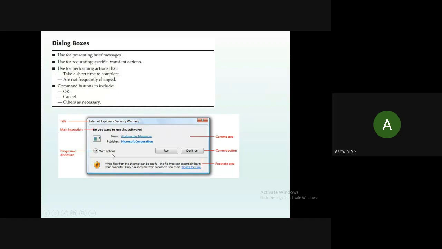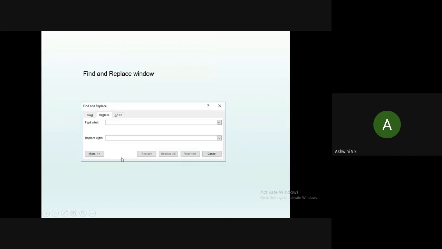Fine. So this is an example of the dialog box. One more example of a dialog box is the find and replace window. Probably everybody uses this find and replace window whenever you are doing a project report. You find a word which is present in the report and replace that word with another word. Whatever word you need to find, you enter in the find what text box.